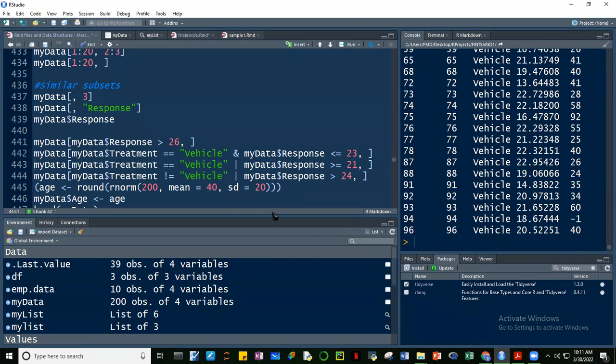Okay. On the other hand, ito guys, ito iba naman to, no? Ito or. Ano ibig sabihin ng or, guys? At least one of those have to be met. So pag sinabing vehicle or ito lahat ng vehicle kasama. Okay? Tapos lahat ng greater than 21 kasama din. So if we run this,